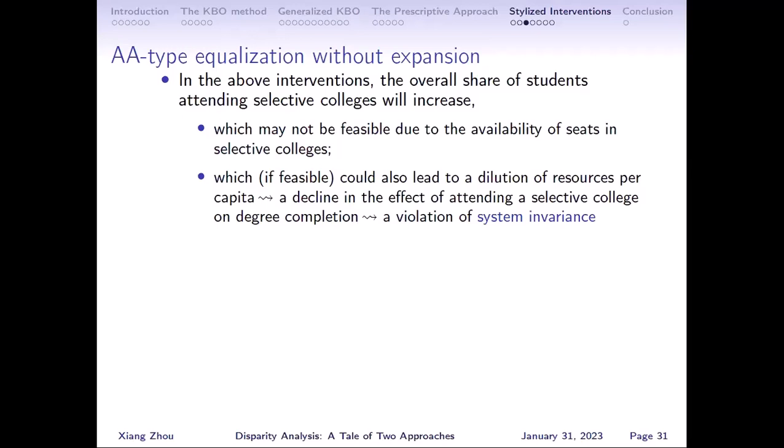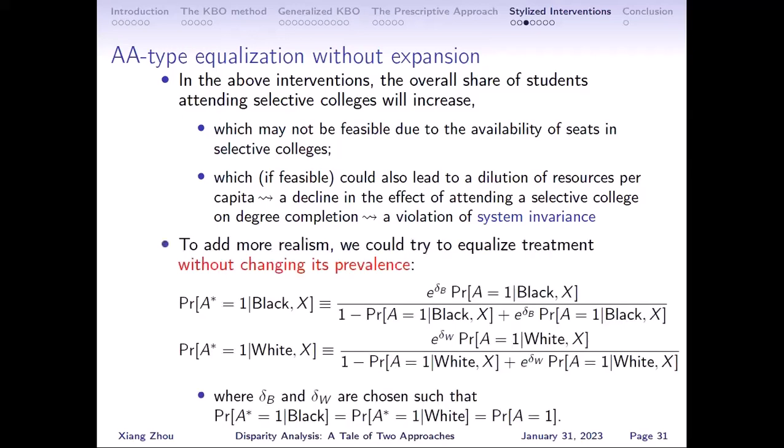So we could try to mitigate this potential risk by considering interventions without changing its prevalence, right? We could try to equalize treatment without changing its prevalence by considering the same type of intervention for both black and white students, but we use different parameters. We use a positive delta for black students to increase their odds of treatment, but we use a negative delta for whites, right? And to decrease their odds so that we realize marginal equalization without changing the prevalence. So this might be called,